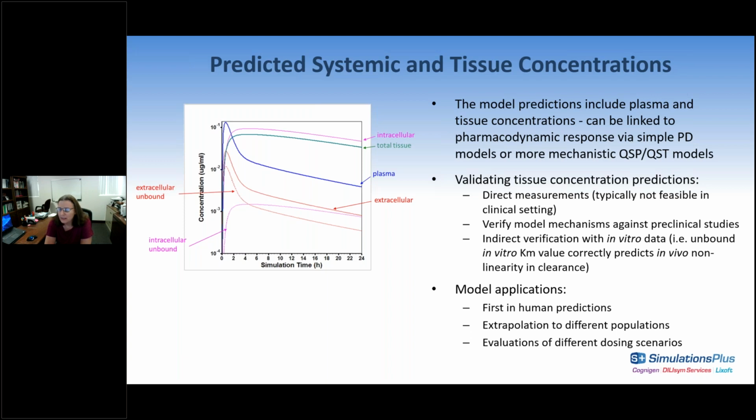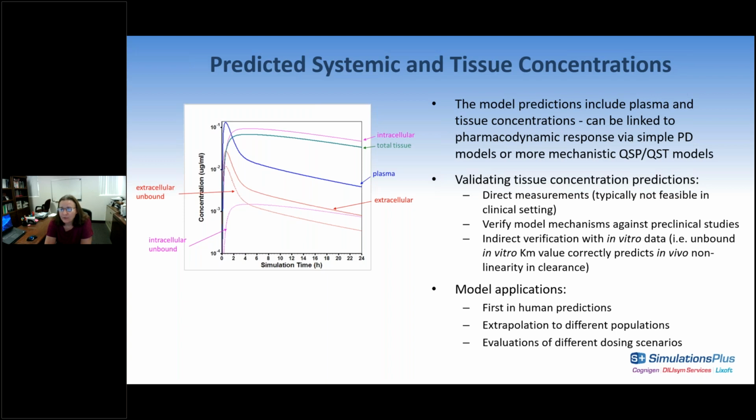And another big area is extrapolating the effect or extrapolating the PK to different populations. There are populations in which, for ethical or other reasons, you cannot do the clinical studies just to explore what is happening with the compound, right? Just to explore some of these effects. Let's say evaluating what might be happening in children, right? Starting predicting the PK in children or in elderly subjects or in patients with various conditions.